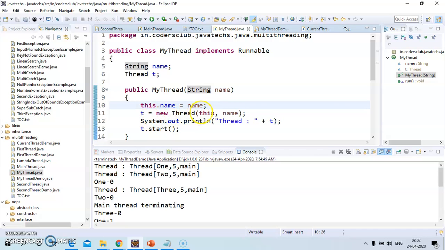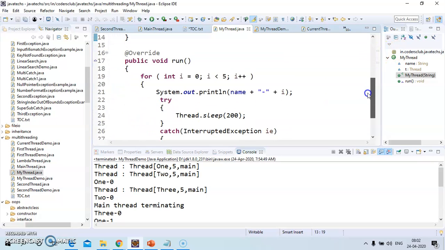And then we have created a new thread with the name here, and then we have written System.out.println(t). So this line prints the name of the thread, priority of the thread and the thread group. Here the thread group is the default thread group, that is the main group, and then we are starting the thread.